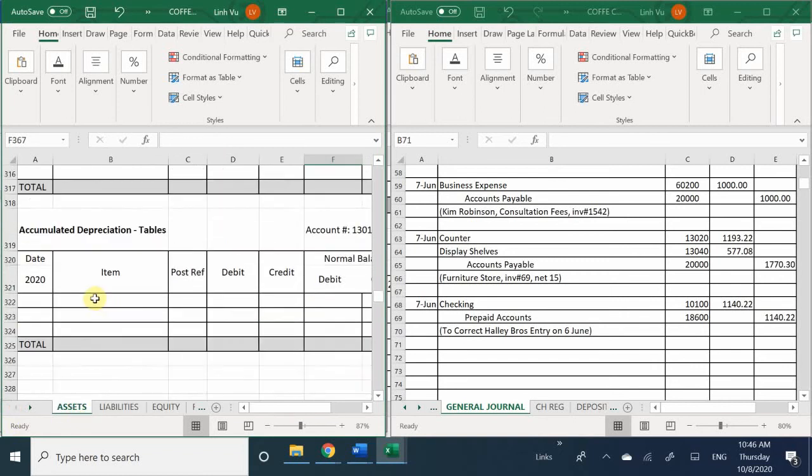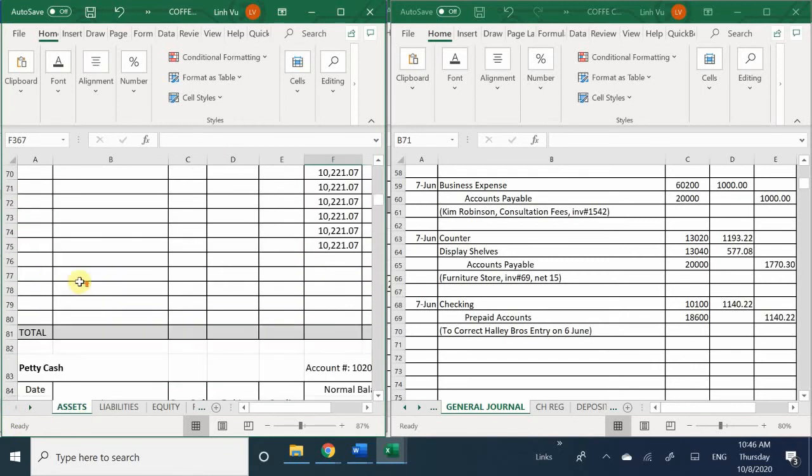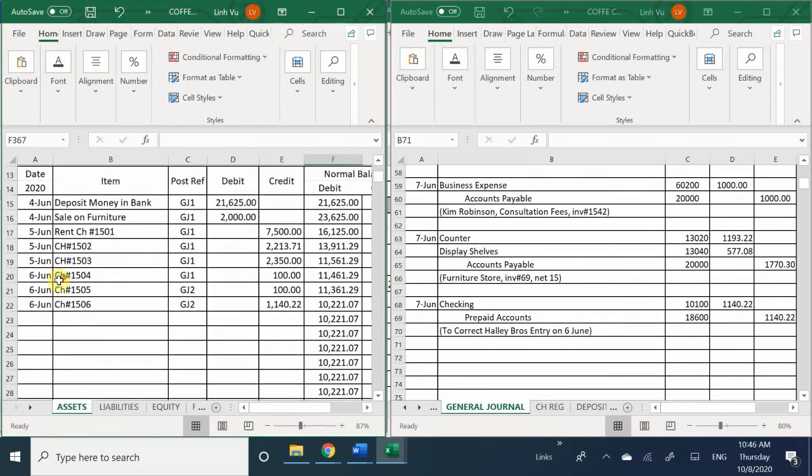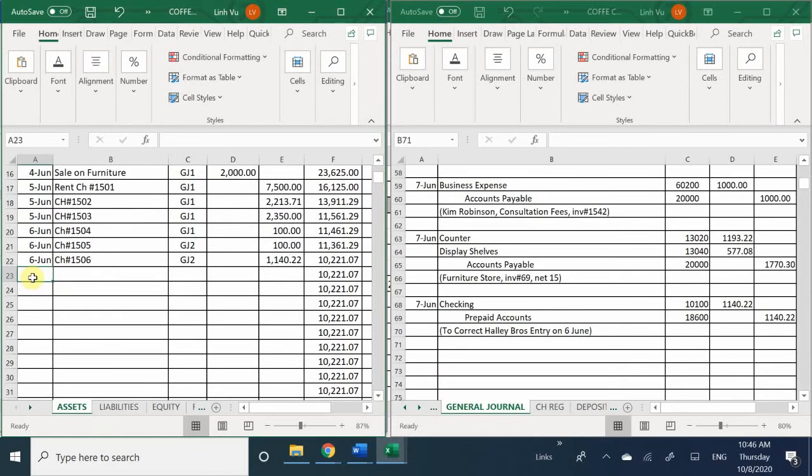So go to assets, page number 1. And I'm going to go ahead and write 67, and then I'm going to write void check number